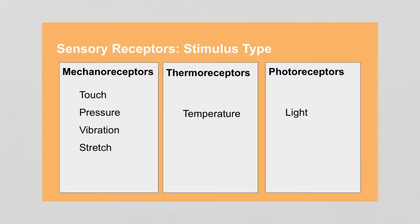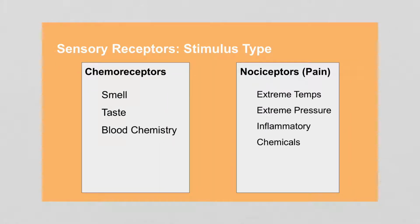When looking at stimulus type, there's 5 different breakdowns. So mechanoreceptors are the ones that we think of probably most often: touch, pressure, vibration, and stretch. There are also thermoreceptors, which sense temperature, photoreceptors that sense light, chemoreceptors, and so we see chemo as chemical, so chemoreceptors sense different chemicals that inform smell, taste, and blood chemistry. The last type of stimulus is pain, so those are nociceptors, and so nociceptors sense extreme temperatures, extreme pressures, and